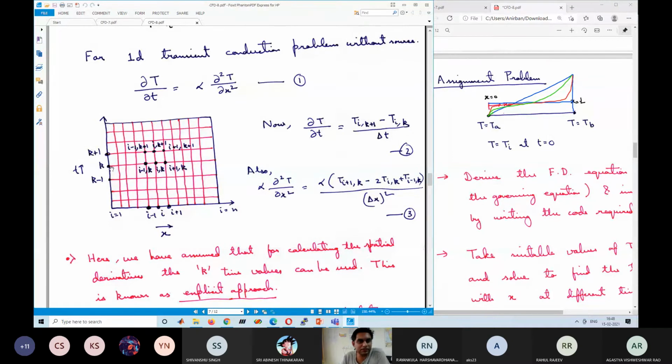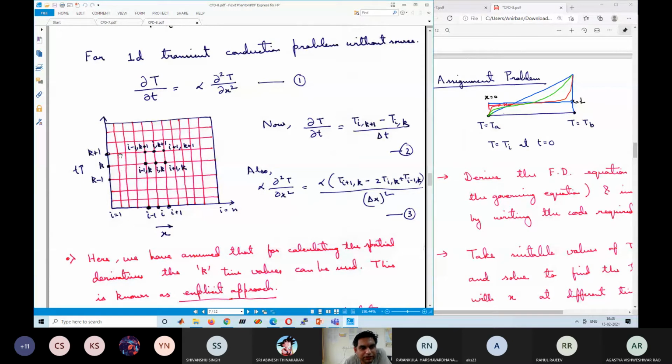What does this horizontal line represent, say at the k value? The values at the horizontal line: at a particular time, at different sections of the grid, we are mapping the temperature. Correct. At a particular time corresponding to the kth time step, if k is 20 and the time step is 0.1, so 0.1 into 20, so at time 2 seconds, what are the temperature values at all the grid points?